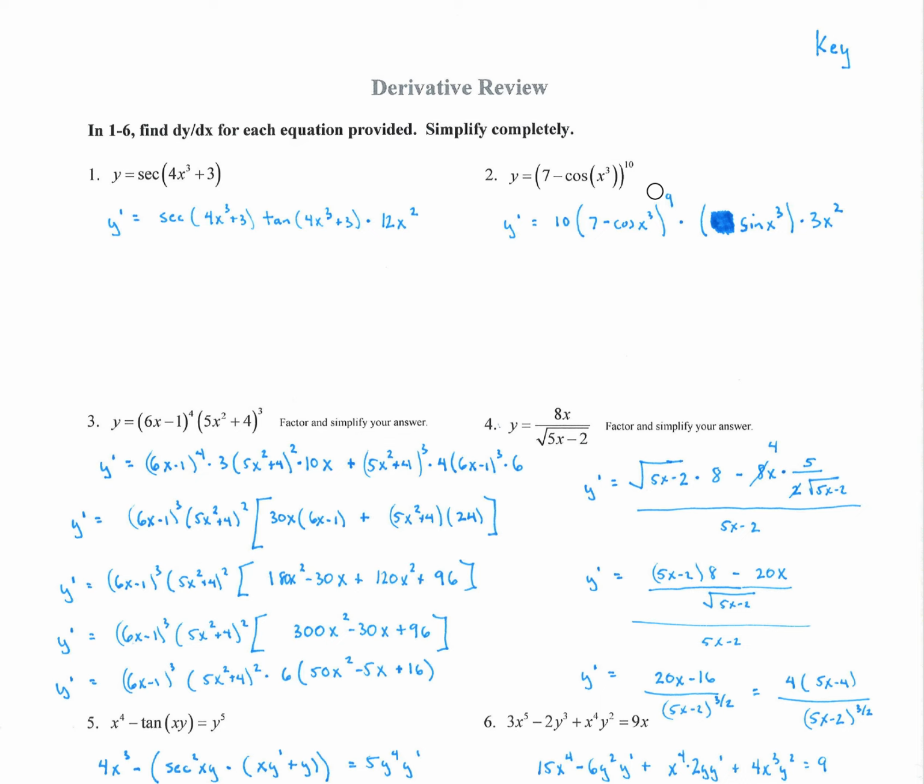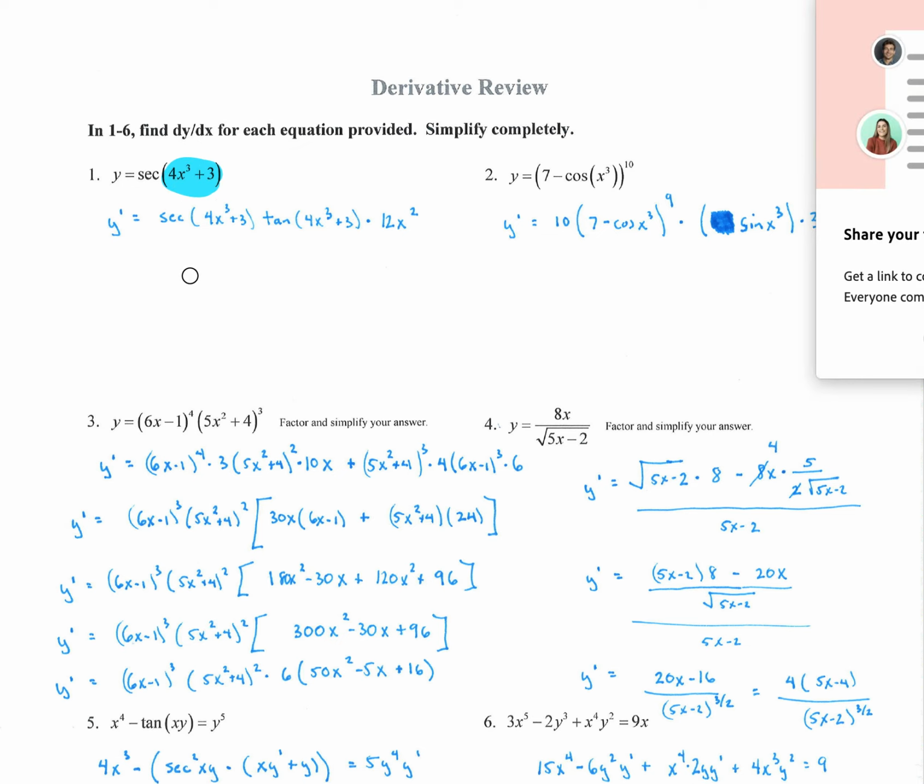On this review, we're basically just taking the derivative of everything. So the first one is just the derivative of secant. Remember, the derivative of secant is secant tangent. This does involve the chain rule. So our argument, which would be this guy, that doesn't change. So when you take the derivative of secant,